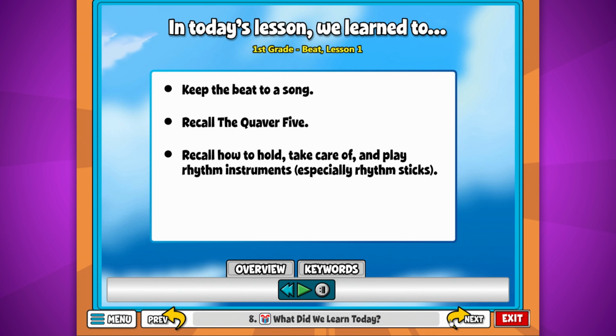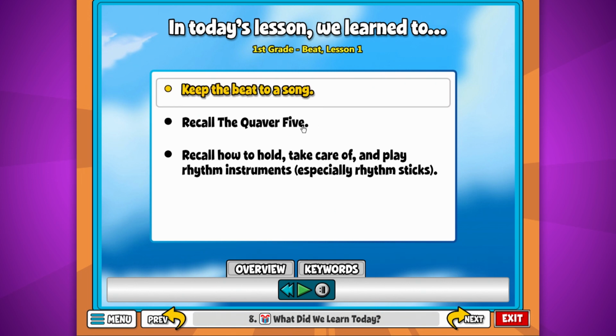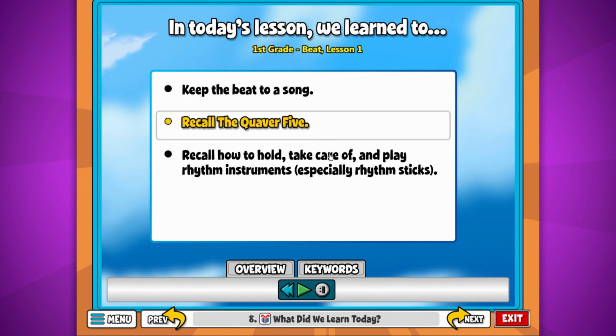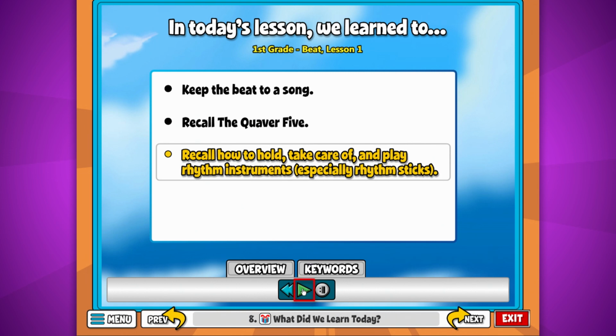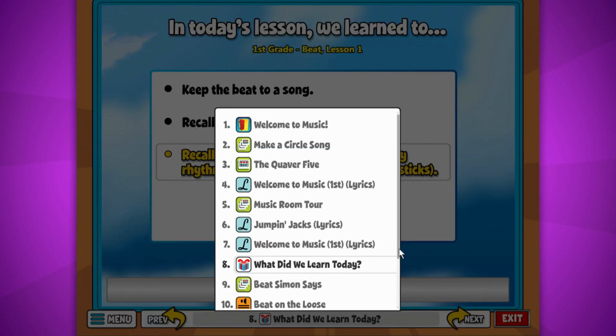And the end of about 30 to 45 minutes of lesson content. At this point in each Quaver lesson, you'll find a summary screen that reviews the day's objectives. Click each objective to highlight, and click the play button to hear a round of applause for you and your students. You can even review the overview and keywords. Click the title of the screen to view the lesson in full, and notice that this isn't the end of